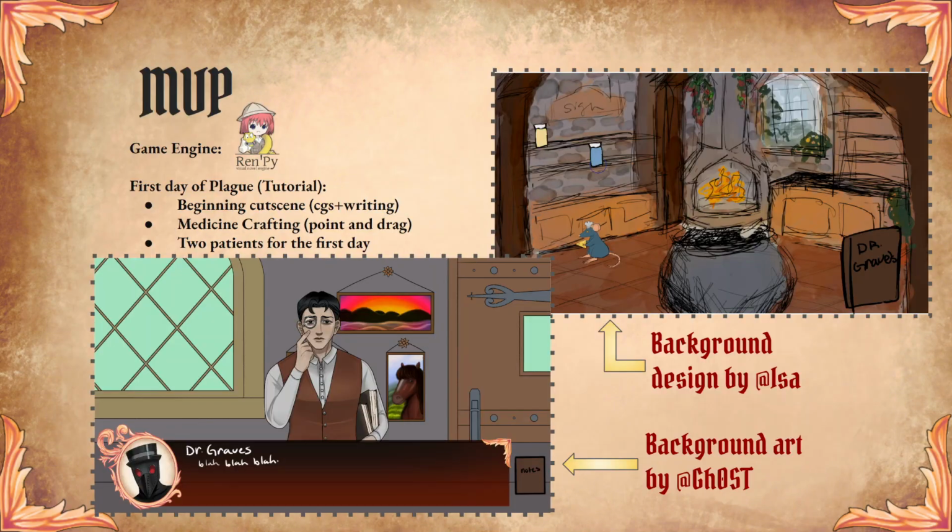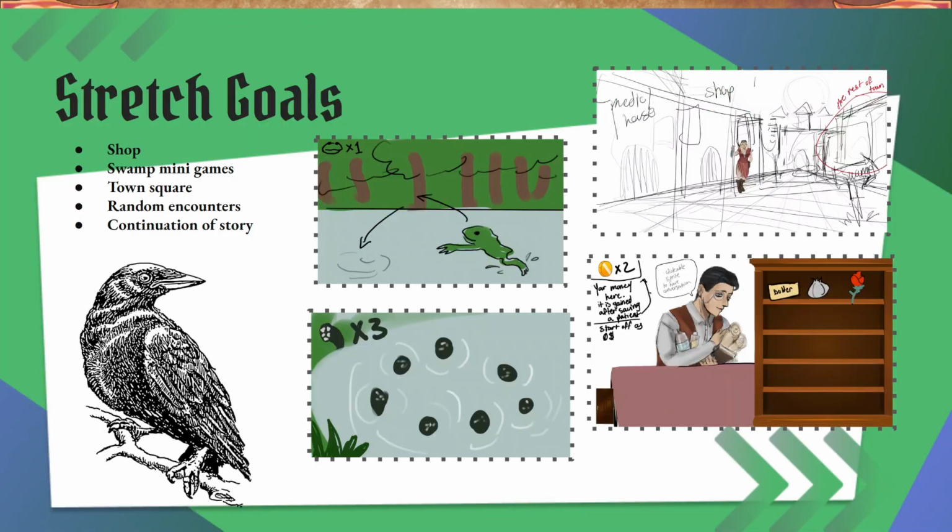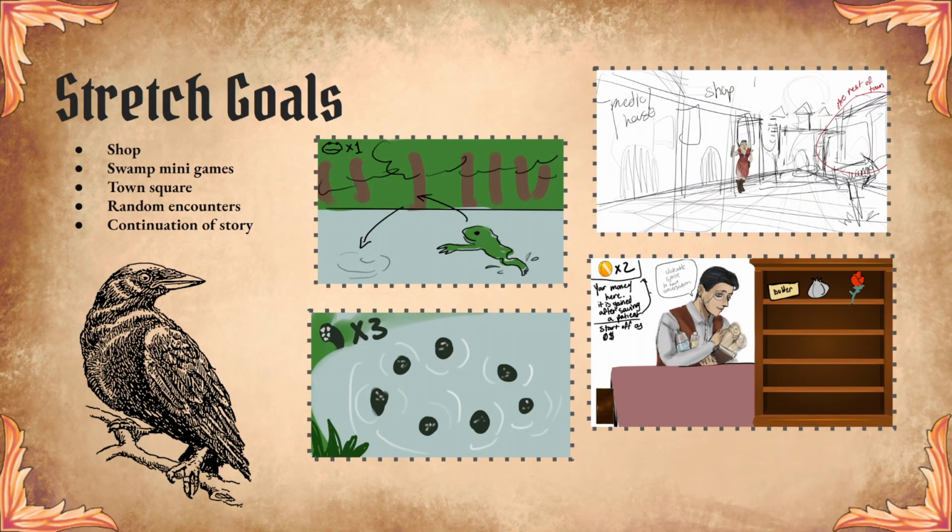So the MVP is the basis of what I need for the game to work, and the main gameplay for the game would be a point-and-click medicine-making type. And I also specified which game engine I would use, which is Ren'Py. Make sure you mention which game engine you're going to use or think you're going to use. You do not need to have it set in stone, but just have an idea. By the way, if you need some help figuring out what game engine you should use, you should totally ask us when we do our little pitch meeting.